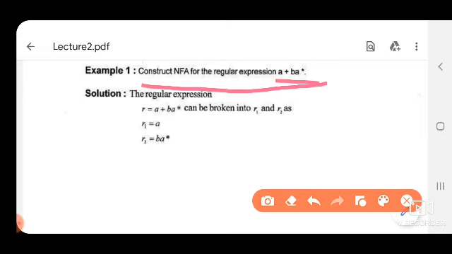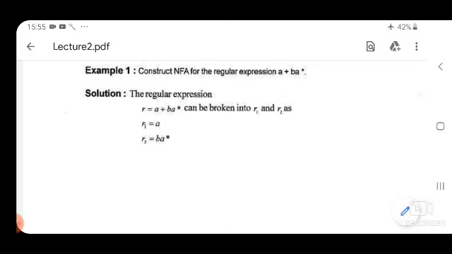This expression consists of R1, let us say a is R1, and R2 is b a asterisk, and in between there is a plus operator. So, first we have to draw an NFA for a, then an NFA for b a asterisk, then take the union of these two components, R1 plus R2.